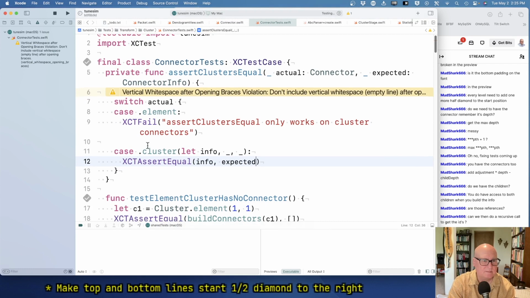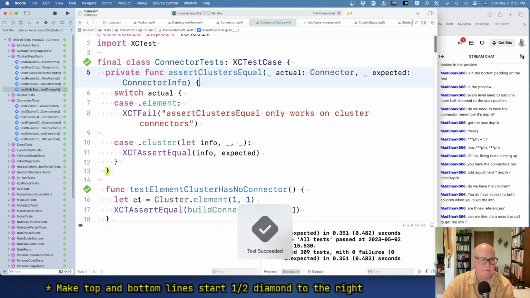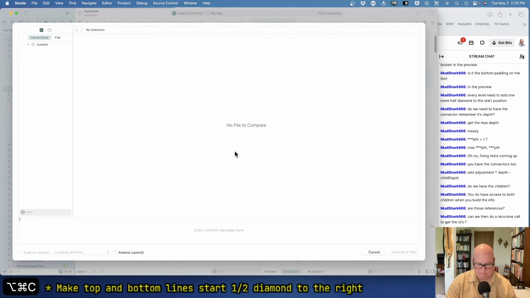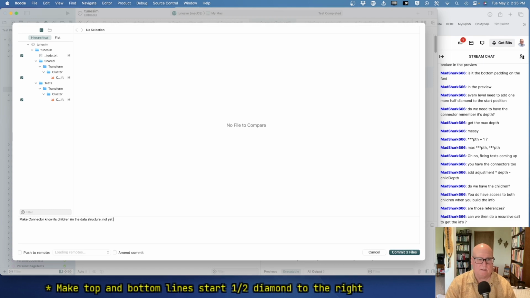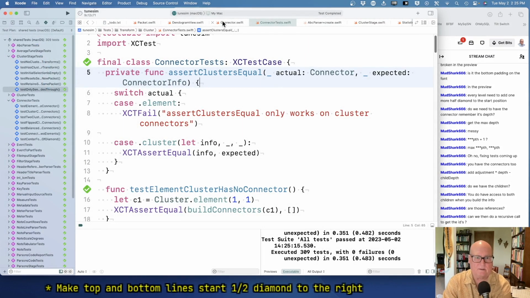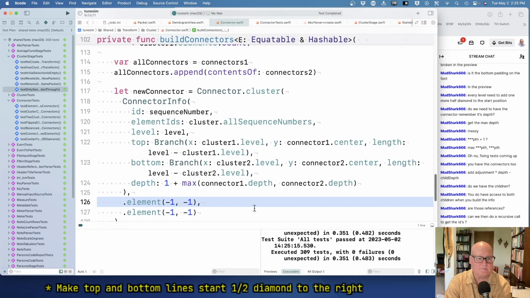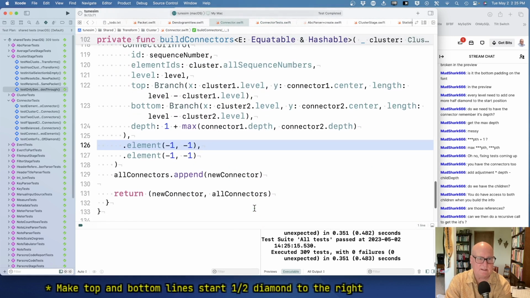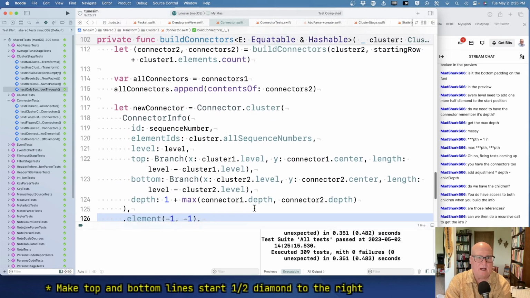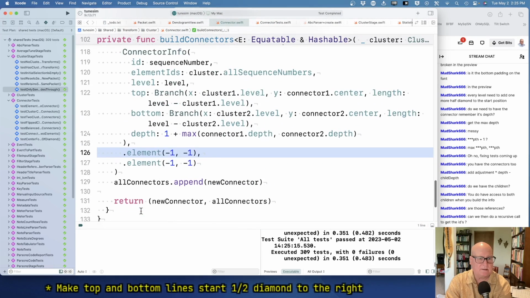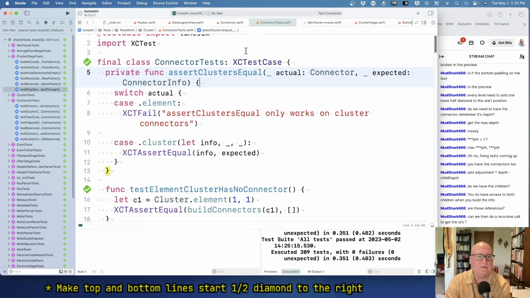I mean, sure. Okay. Make connector no. Its children in the data structure not yet filled in. Okay, so we've added something nothing's using, which is good because it doesn't work. All right. Connector. All right, so now we want to test that a cluster knows its child connectors. Okay, so